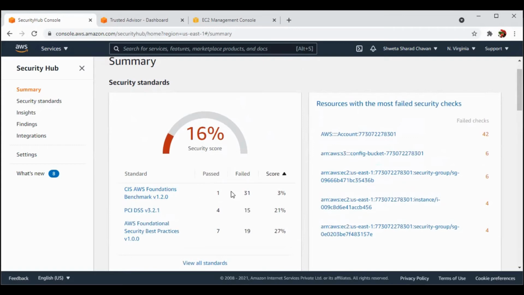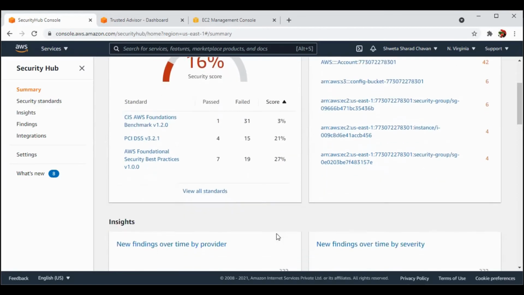Under this, we can see that for the CIS benchmark, only one point is passed, while 31 points are failing. The score is 3%. In the same way for PCI and security best practices, passed is 4 and 7, failed is 15 and 19 points, and thus the percentage is calculated.